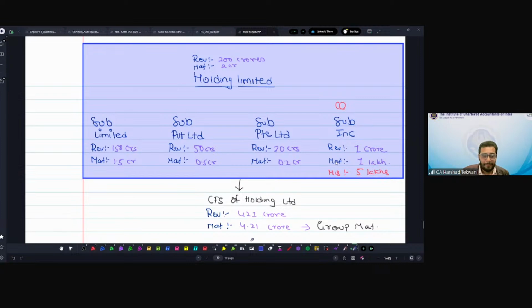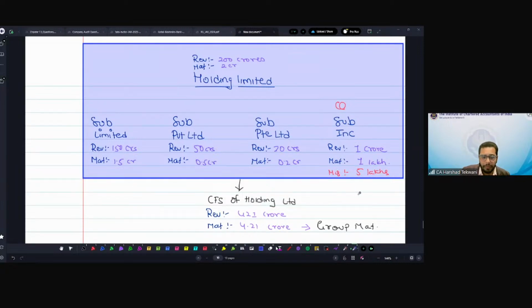Let's say, for example, when I allocate this, what happens as the next step? Once I calculate the group materiality, I need to allocate this materiality to each and every component. The reason is, on the basis of the allocated materiality, I need to compare the misstatement. So I usually don't compare directly with this one. What I do is I give some materiality to this, some to this, some to this, and some to this. So let's say, when I'm doing the allocation, out of 4.21,